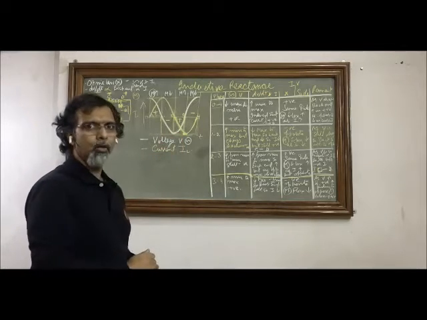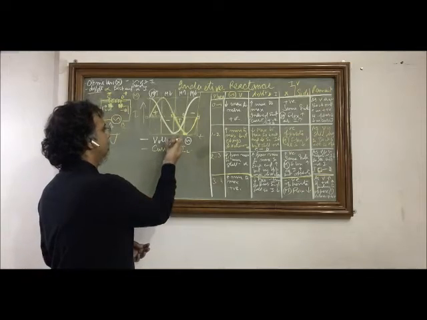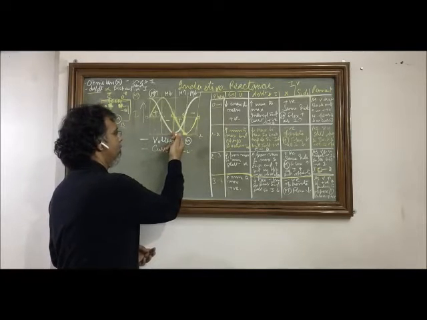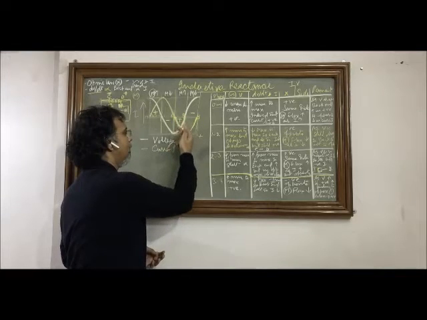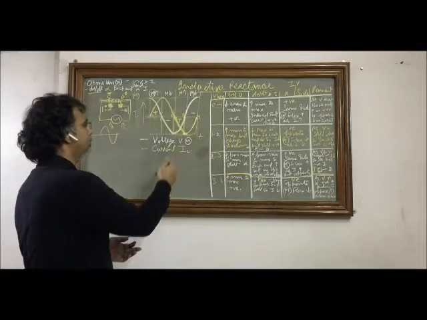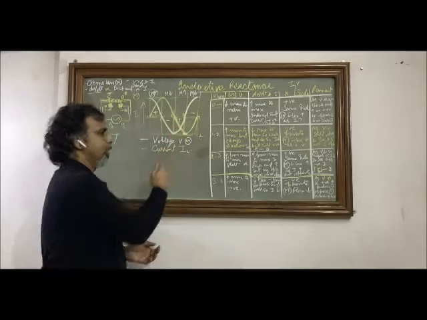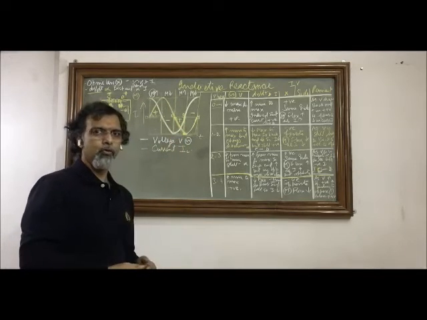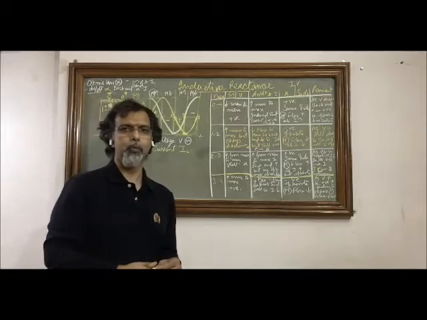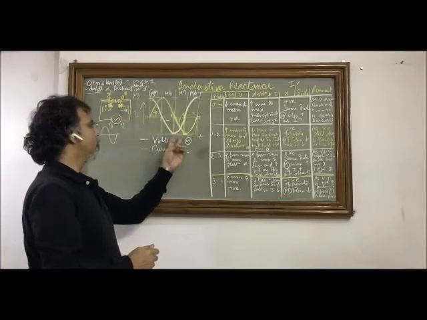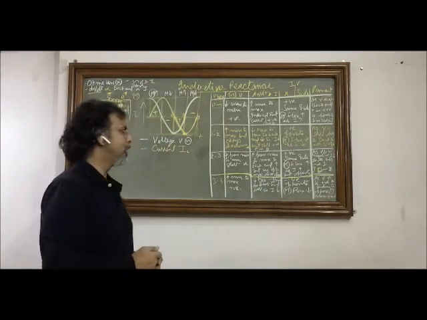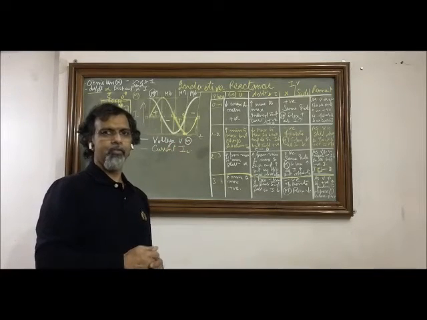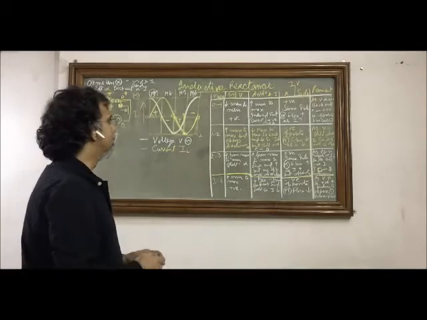Same is the situation with the third quarter, in which we can see that though their trend is different, one rising and the other falling, both of the sinusoids are on the same side of the baseline and both have negative values. So the product of two negative values is going to be a positive value. So this is going to be the quarter in which the magnetic flux will build up and the magnetic energy will be stored in the inductor.